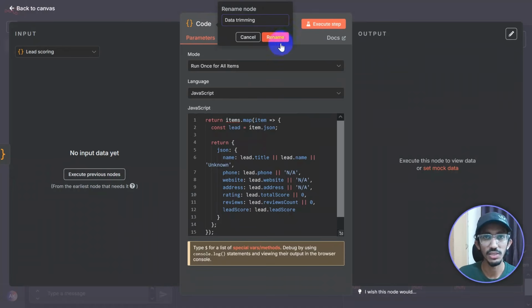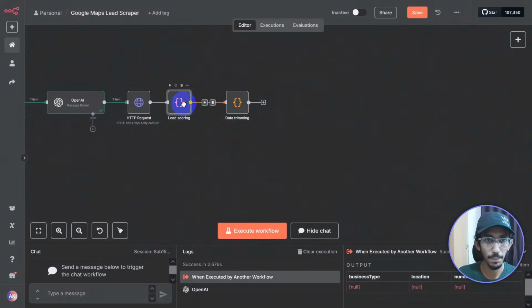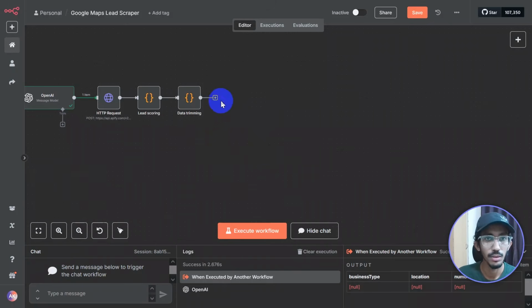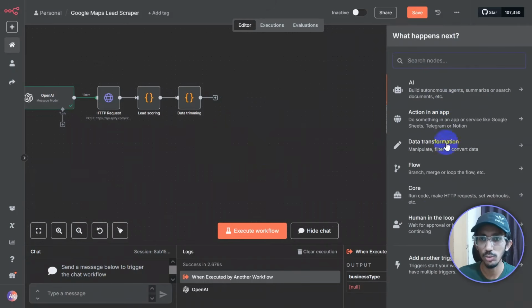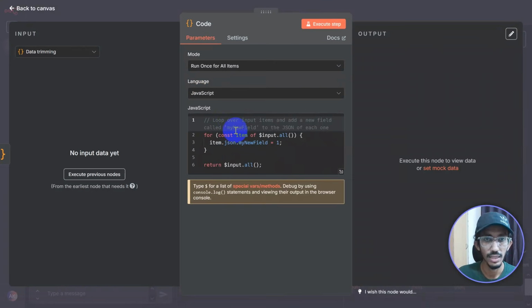Data trimming, we can rename that. Bam, done. Next up, I'm going to add another code node here. In fact, we could use another LLM node here, but